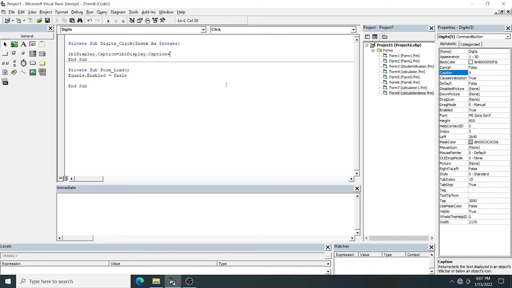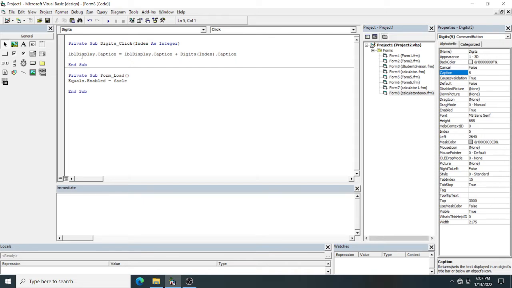To get the caption of each button, you have to type the name of the button, digit, and pass the index. Index is 1, 2, 3, 4, dot caption. So: lbl display dot caption equal to lbl display dot caption plus digit index dot caption. This is for concatenating the number.